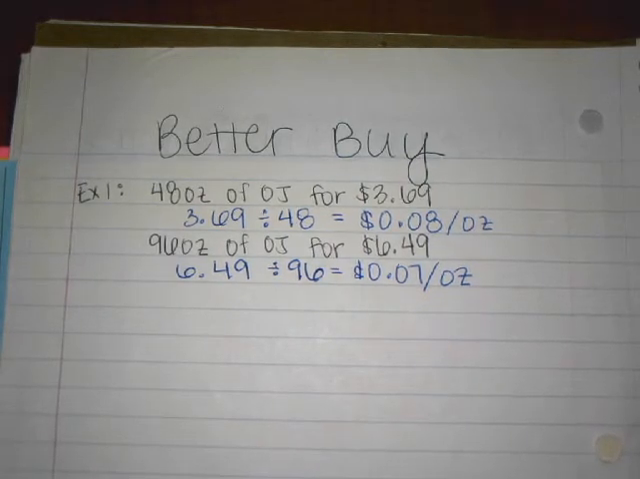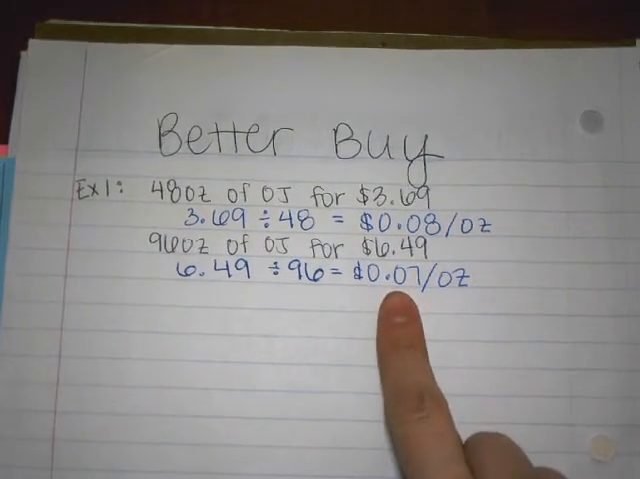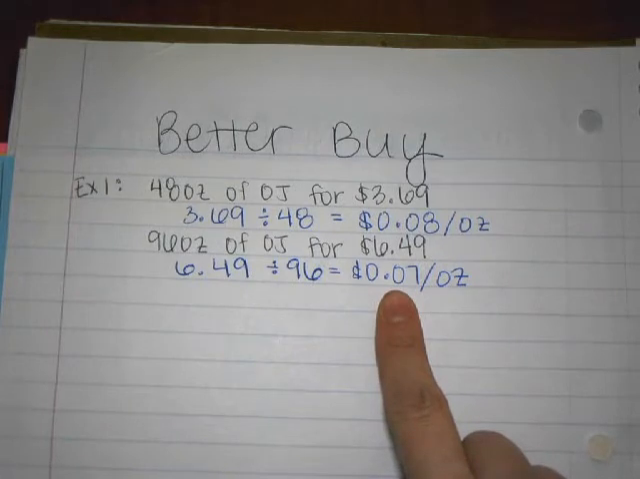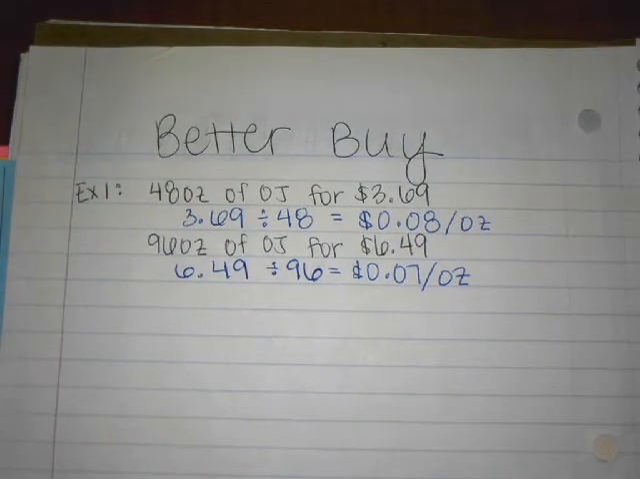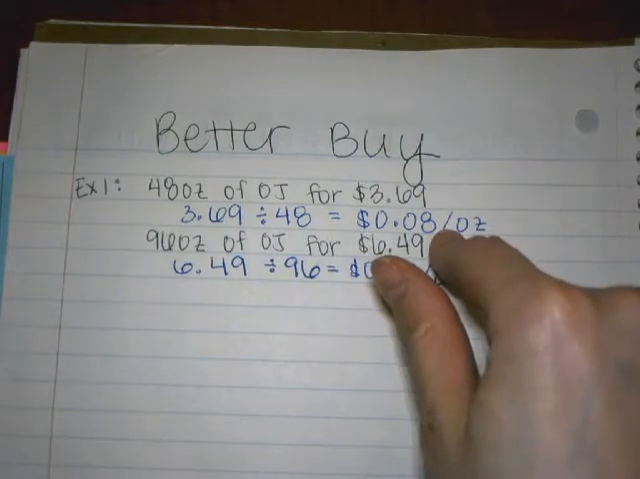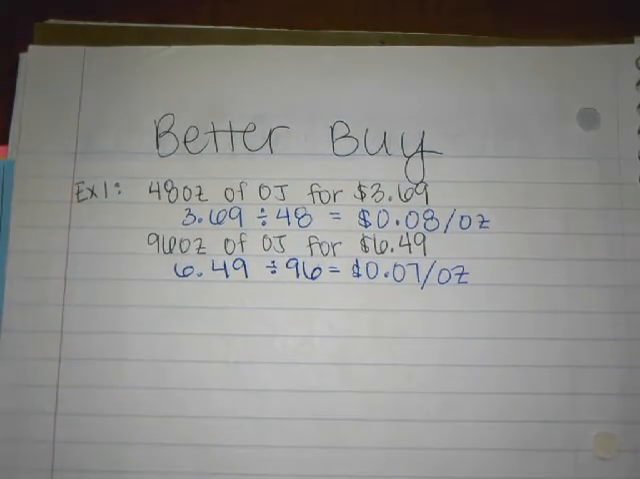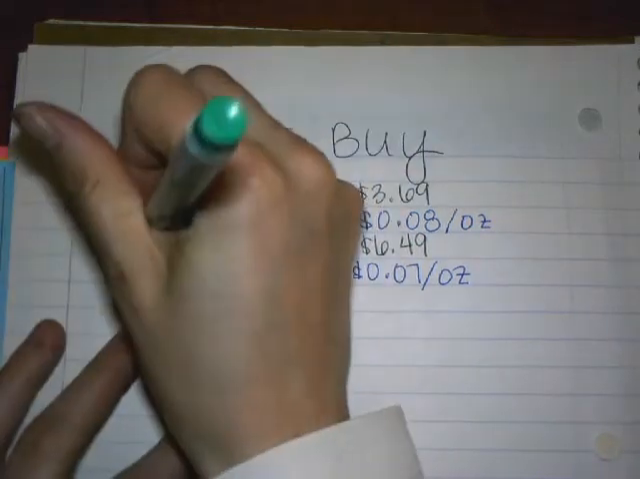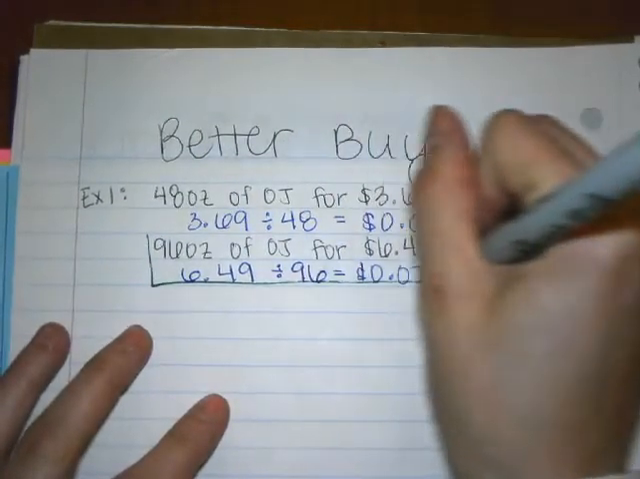So now that you found the unit rate for each, you can ask yourself the question, which one is the better buy? Which one is going to cost me less money? Why is the 96 ounces going to cost me less money? Because 7 cents is cheaper than 8 cents, right guys? So because the unit rate is less expensive, that means that the 96 ounces of orange juice for $6.49 is